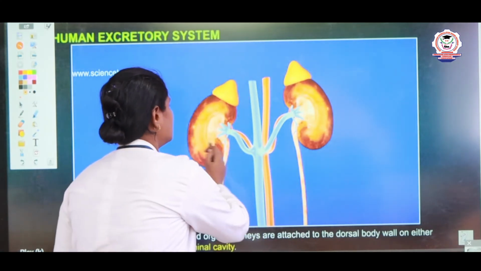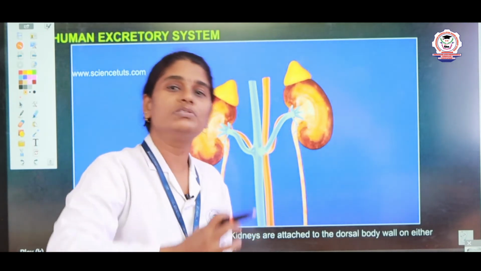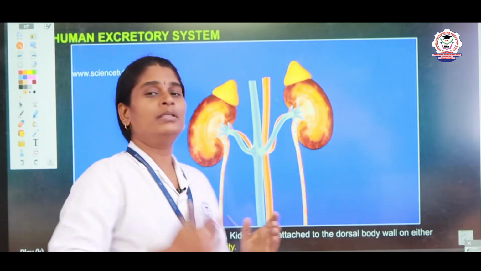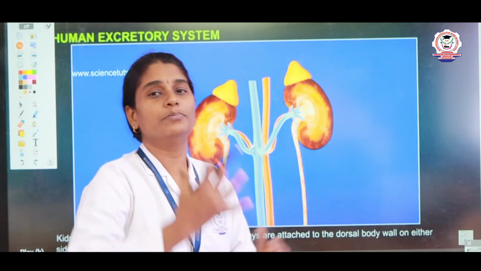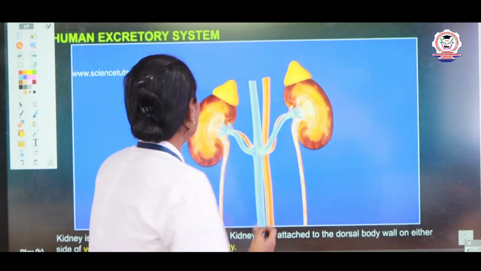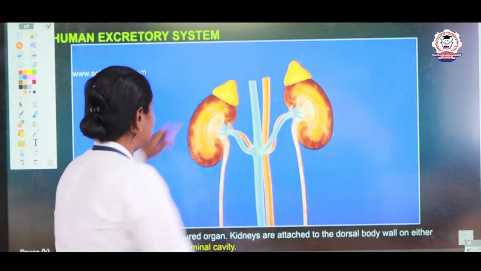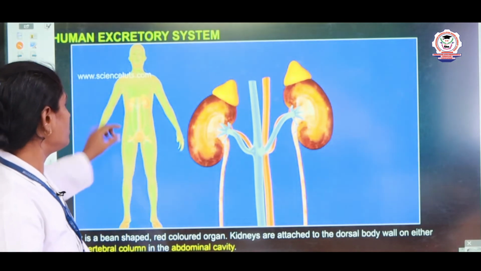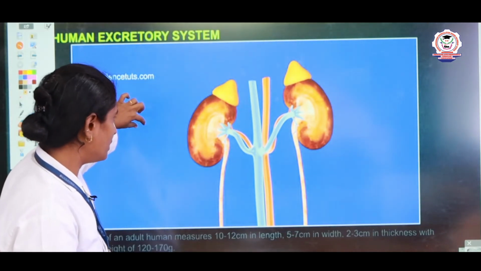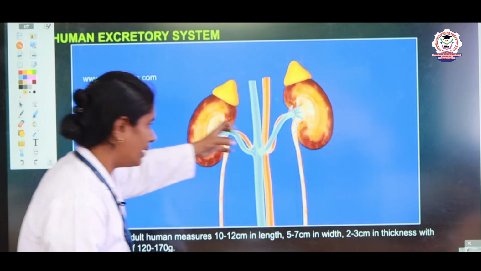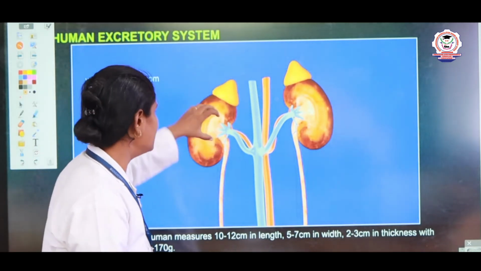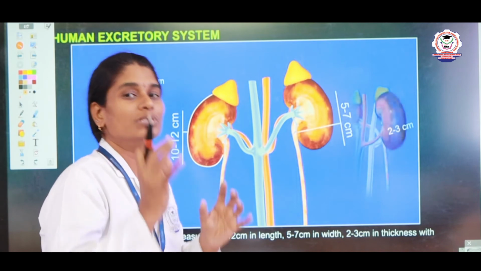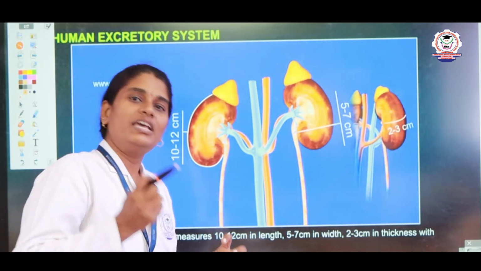The pair of kidneys removes the waste products from our blood. The waste products can be the extra minerals, water, everything removed from the blood, and the waste product is sent through long tubules. Here in our body you can see the kidney is present in the lower abdomen region. The kidney receives the blood, and inside the kidney we have a structural and functional unit known as nephrons. These nephrons remove the waste products from the blood.